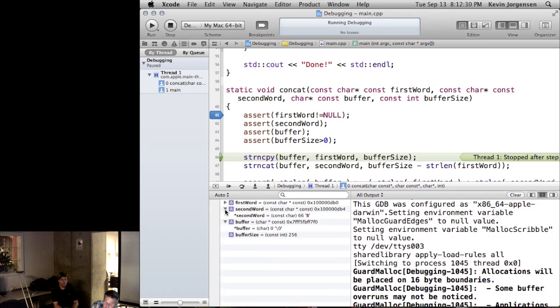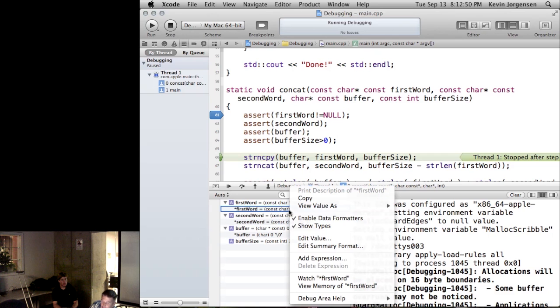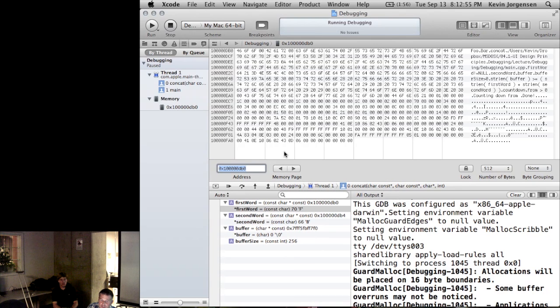If you click on the triangles, these aren't very interesting because it doesn't show you the full contents of what's in the buffer. But you can see that the first word starts with F, which was the foo, and the second word starts with B, which is bar. If you right-click or control-click on a value that you have open, you can say show me the memory, and this will show you the memory sitting at that location, what that pointer is pointing to. Xcode 3 has it slightly different, but the